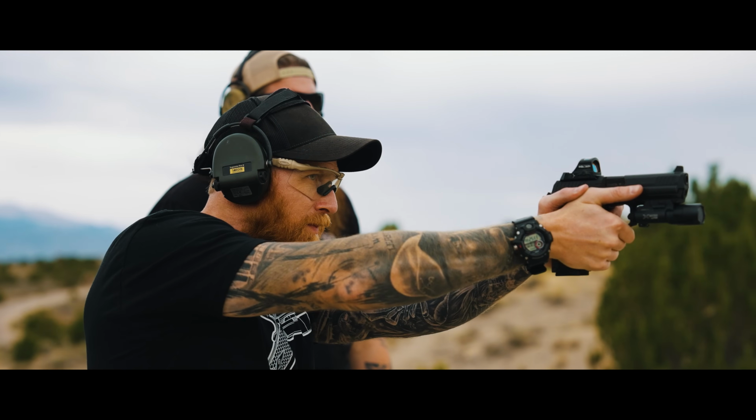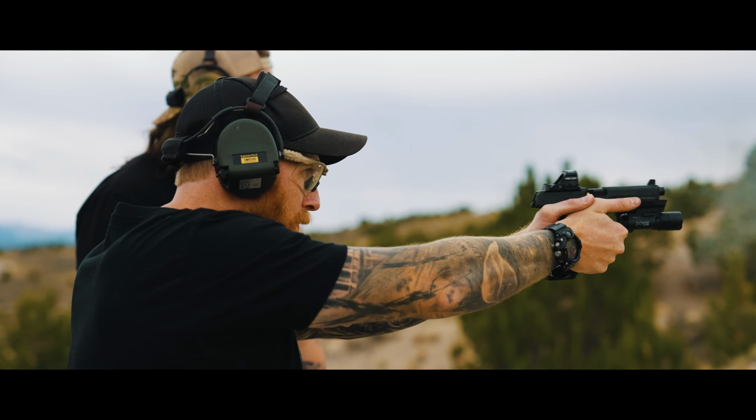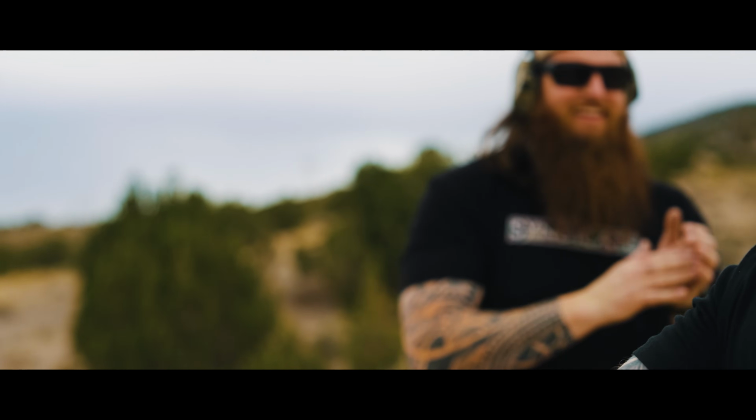LEM stands for Law Enforcement Modification. That's why it was designed by HK, and LEM is a standard HK thing that's offered. Langdon didn't invent the LEM trigger. They're doing some mods to it, which is cool, we'll talk about that. But the idea is that if you're used to running 2011s, 1911s, striker-fired guns, all those have the exact same trigger pull every single time. That's part of the appeal: I know exactly what I need to do every time, versus double to single where you go, okay, heavy long pull, and now